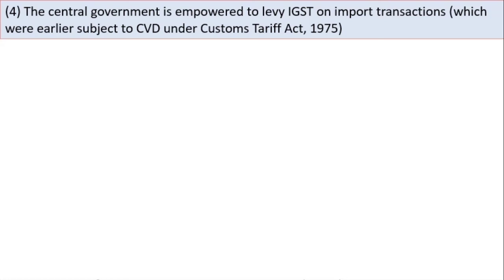which were earlier subject to CVD under Custom Tariff Act 1975. यानी पहले उस पे CVD लगता था काउंटर वेलिंग ड्यूटी, बट अब उसकी जगह पे IGST लगता है. तो दैट इज गिवन इन 269A,